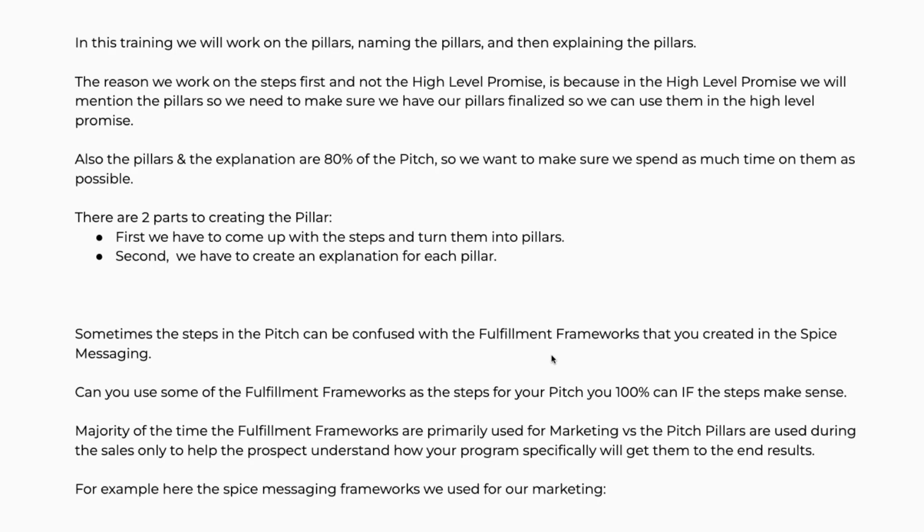Now, when we're designing the pillars, there are 2 parts that we're going to go into. First, we're going to come up with these steps and then we're going to turn them into pillars. And we'll explain what that is in just a second. Then we're actually going to work on creating an explanation for each pillar. So this is going to be the most in-depth training that you're going to be going through inside of the pitch series. All right. Now, sometimes the steps in the pitch can actually get confused with the fulfillment frameworks that